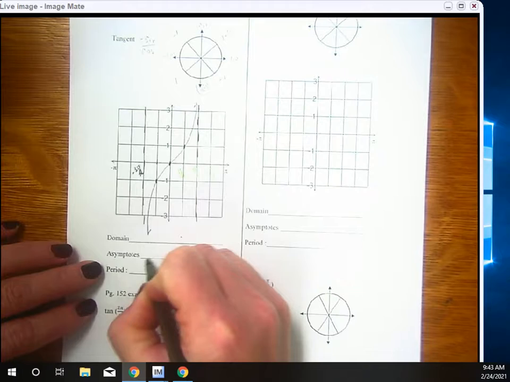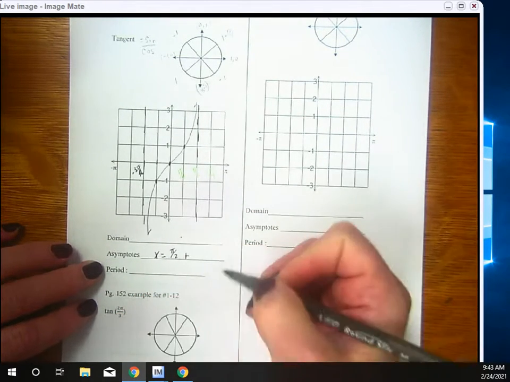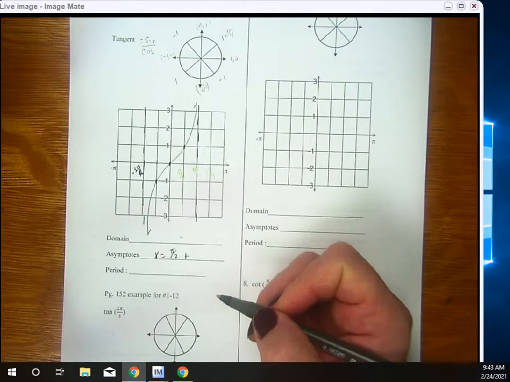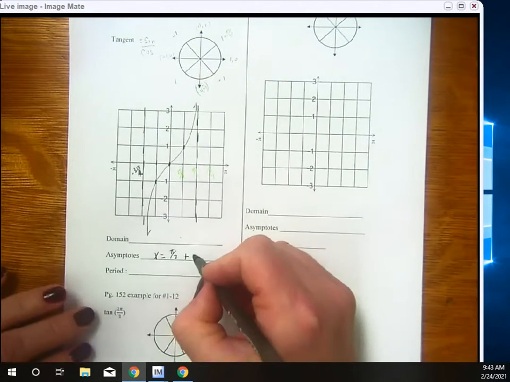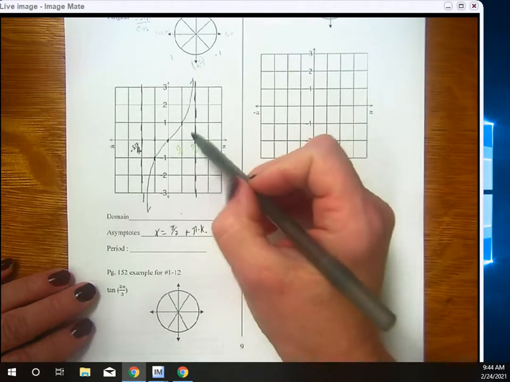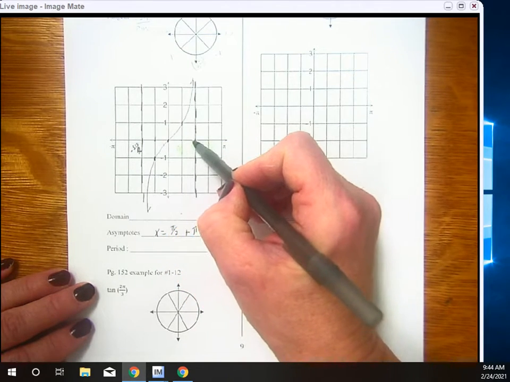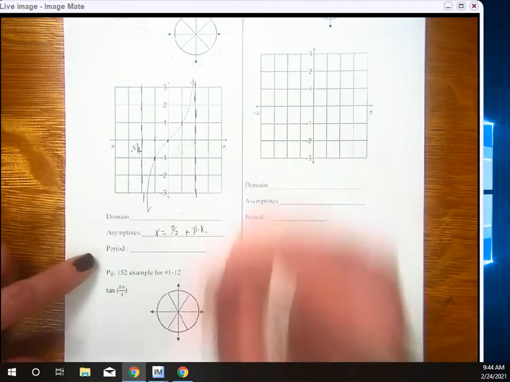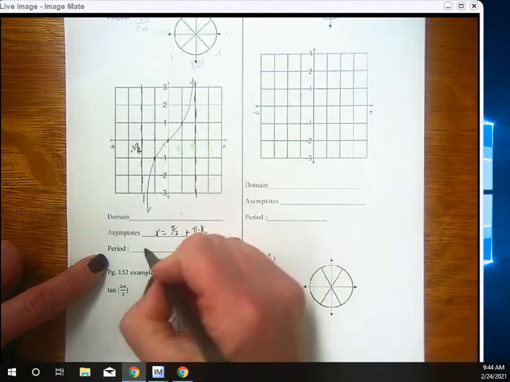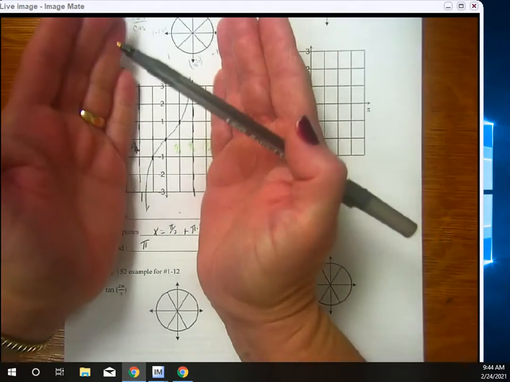We said for our asymptotes, x is equal to pi over 2 plus its period of pi times k, where k is going to be an integer. The distance from negative pi over 2 or 3 pi over 2 to pi over 2 is going to be the period. So the period in tangent is now pi, unlike sine or cosine where it was 2 pi. Tangent and cotangent periods are 1 pi